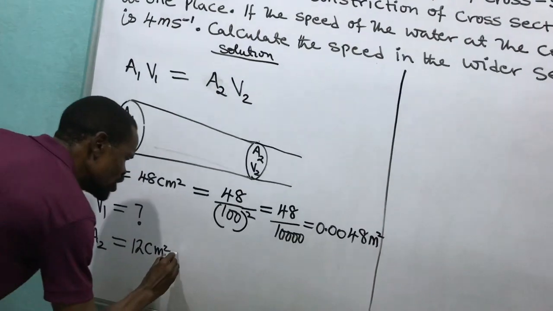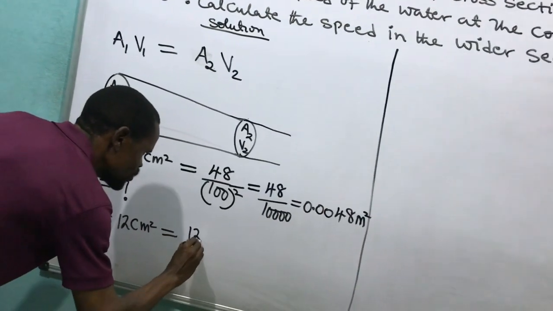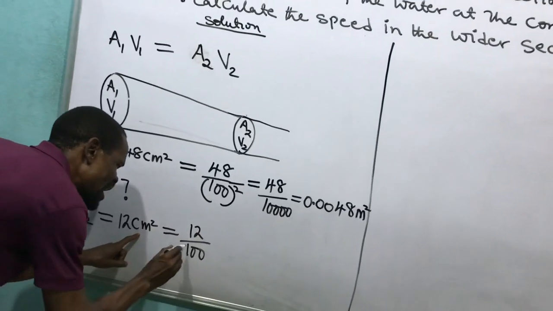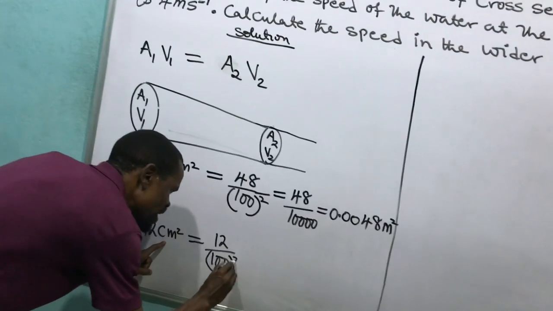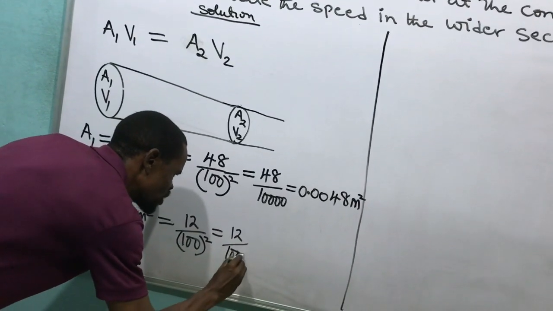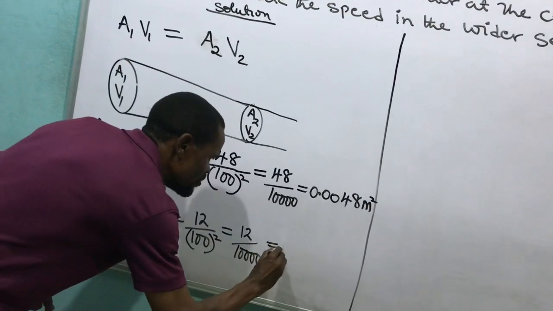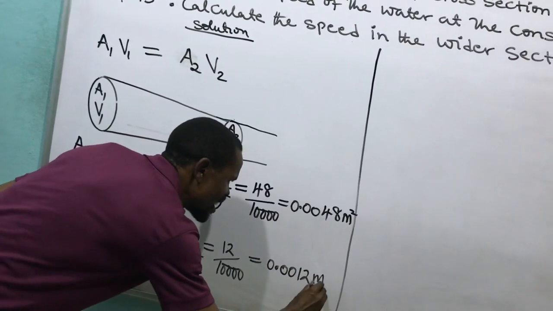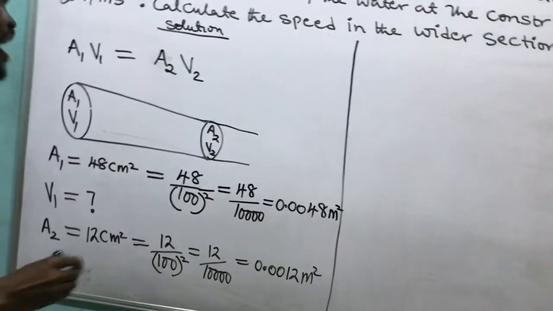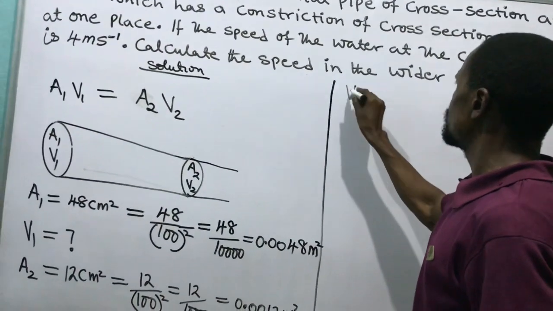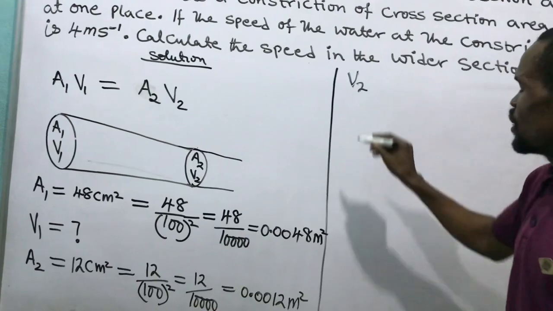I have to change it to meter. I will say 12 divided by 100. But the centimeter I'm changing to meter is squared. I have to square it. And I have 12 all over 10,000. And that will give me 0.0012 meter squared. Then now, I will come over here to talk about V2, which is the velocity at the